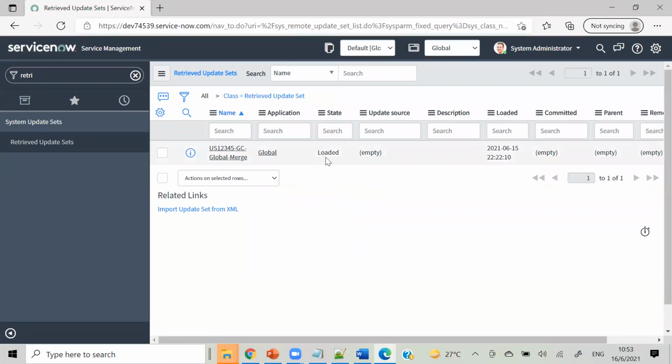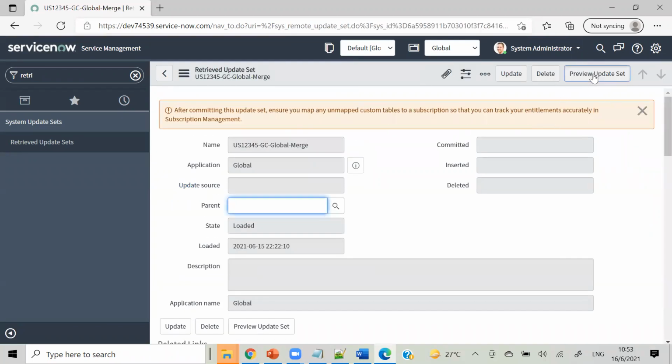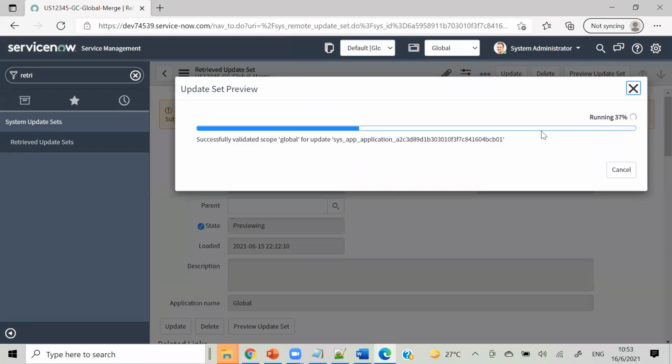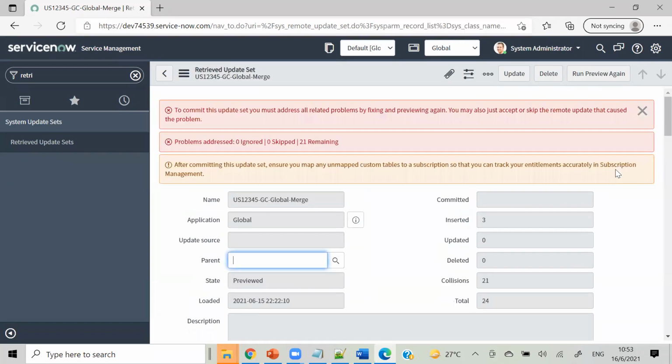When I upload that, you can see it will be in loaded state. Just remember these steps. After that, you have to preview the update set. And if it has any errors, it will throw them. Like we have 21 errors because we have backed out that thing, but some corruption, it got corrupted, right?